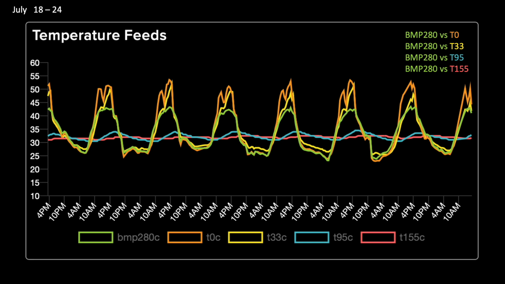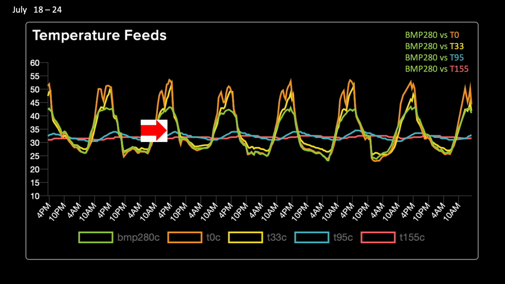And the T0 sensor is about 3 inches above soil surface, so it's not surprising to see the respective orange series in this graph registering high temperatures due to radiation being emitted from heated soil. Similarly, the T33 sensor is right at soil surface, so it also demonstrates a higher temperature via the yellow series relative to the BMP280. However, once we drop about 6 inches beneath soil surface, as shown by the blue line,